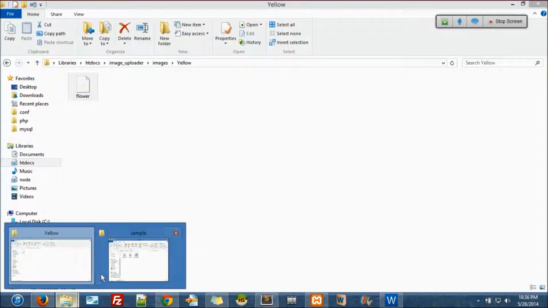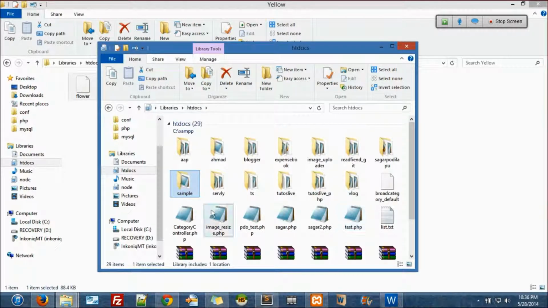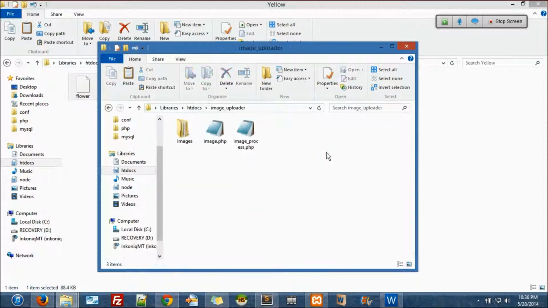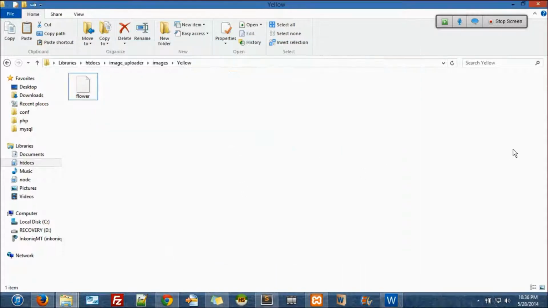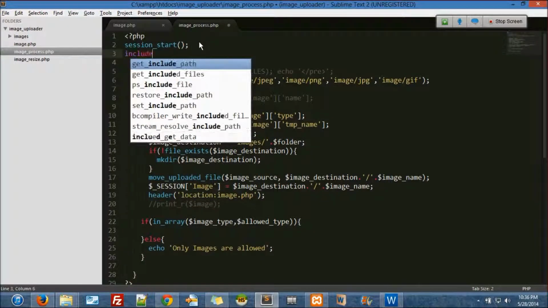Now we have to resize it. For that, as I told you, I have found a file online called image underscore resize. I'll copy it and put it inside our image uploader. I have pasted it there. In the process, after this, I'll say include image underscore resize dot php.